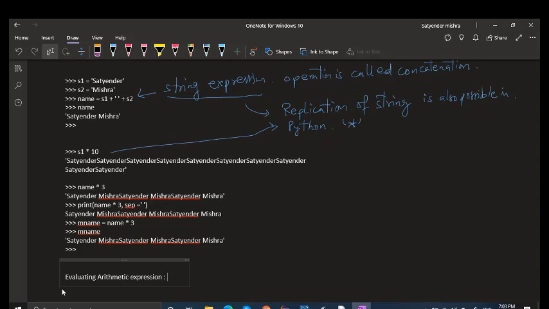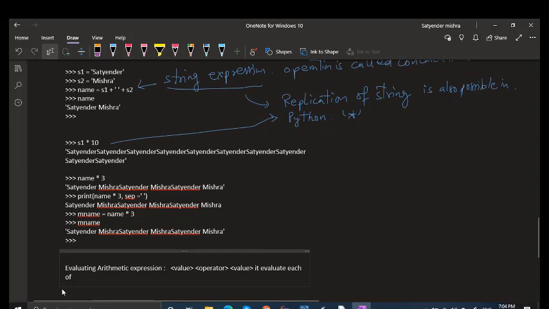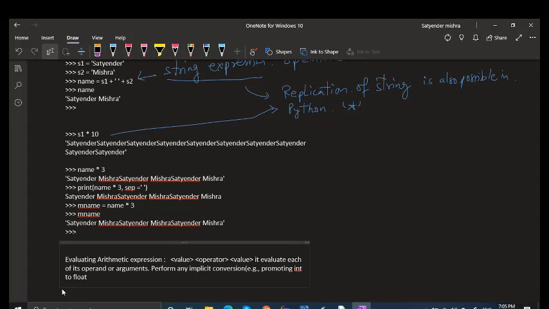Evaluating an arithmetic expression: we write a value, we write the operator, again we write a value, and it will evaluate each of its operands or arguments and perform implicit conversions. It can promote int to float or bool to int.